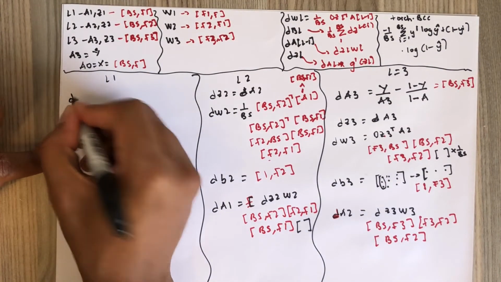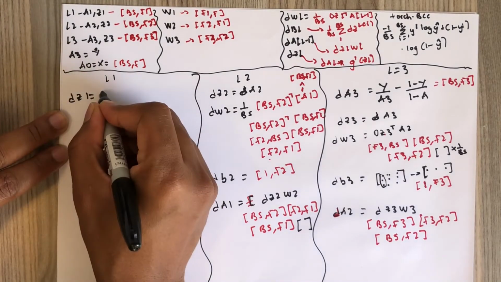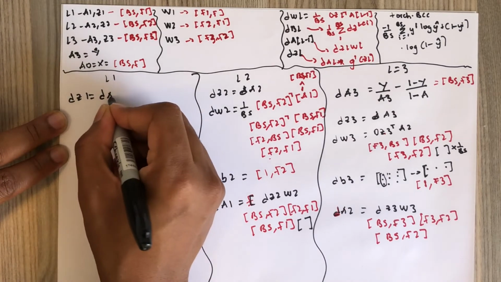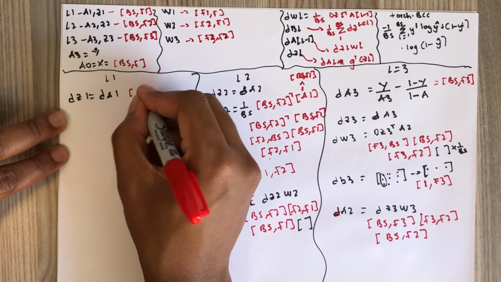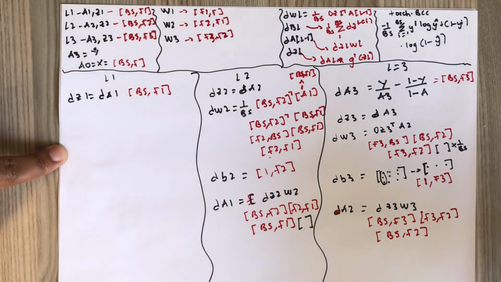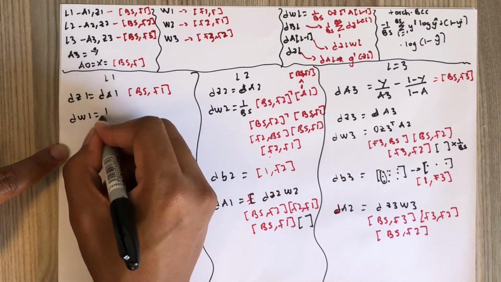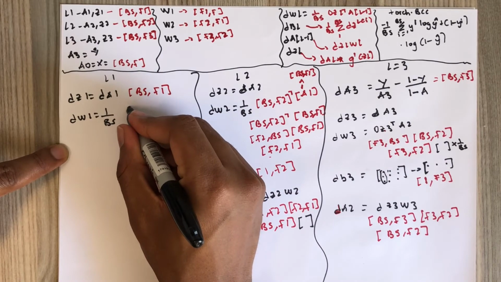In here we start by saying dz1 is dA1, and maybe I should write they both have a dimension of bs by f1. Okay,